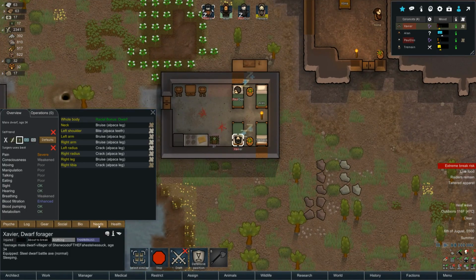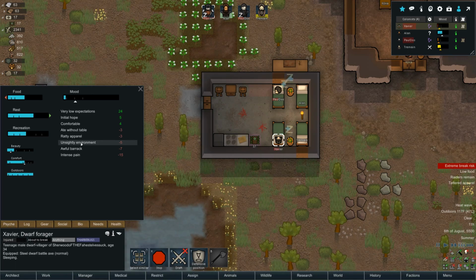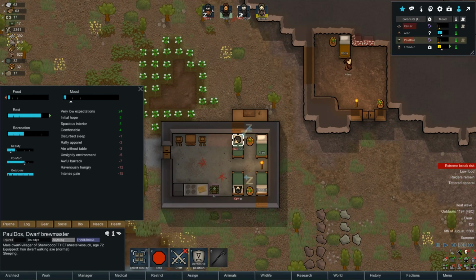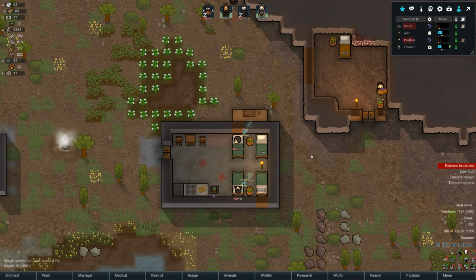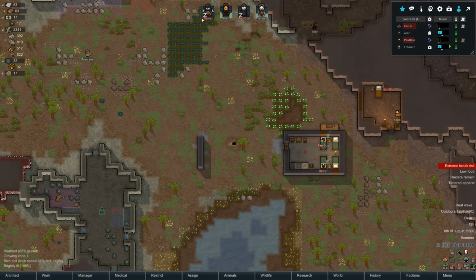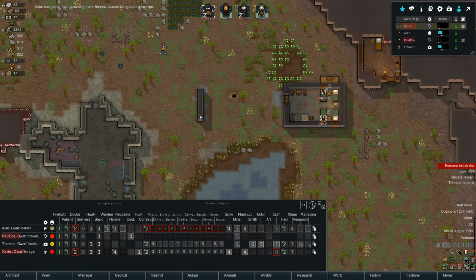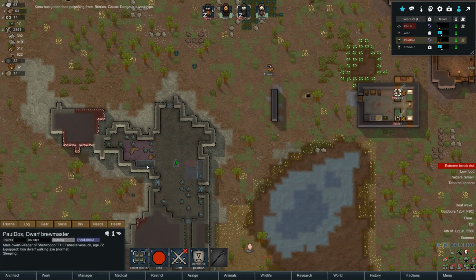As far as my moods here: intense pain, awful barrack, ratty apparel, eight without a table. Really? I got ratty apparel now as well? Paul Dose, same, ravenously hungry. We actually have zero meals. We just fed Kona a little bit there. Am I even the chef? No, Paul Dose is the chef. Paul Dose, you gotta... Oh, we gotta actually...